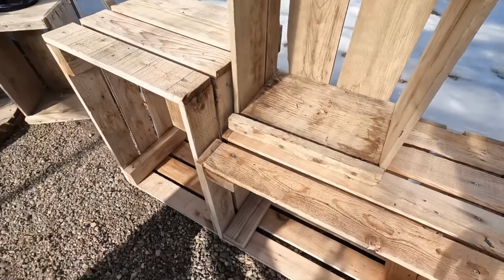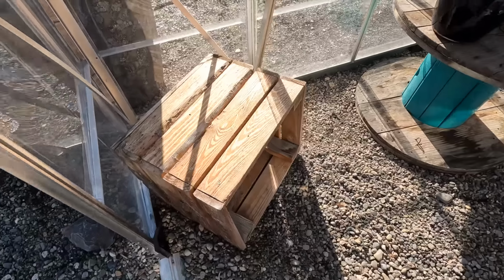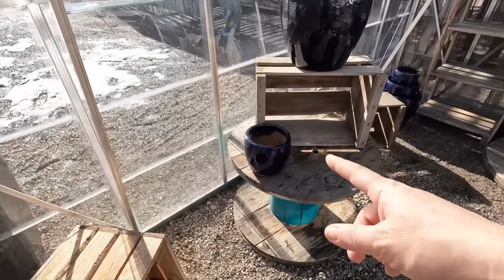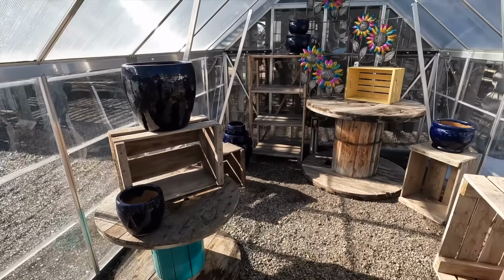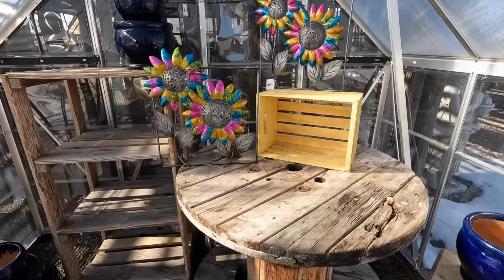They're usually really tough and last for a long time. Like this one right here, super heavy duty, and custom crates. Anyway, they last longer than the traditional apple crates do. But we moved a big spool in here, and wherever you see room right now, you will not see it